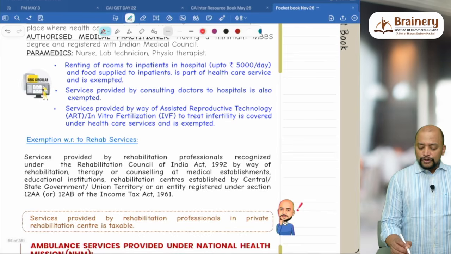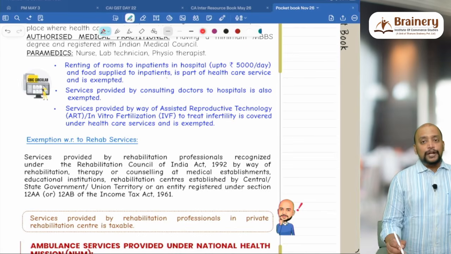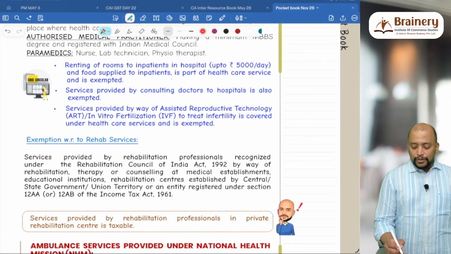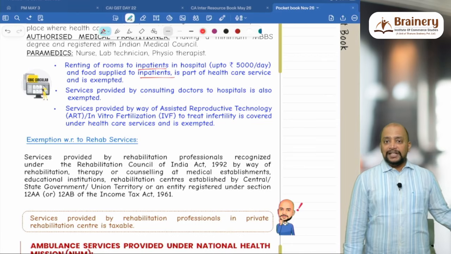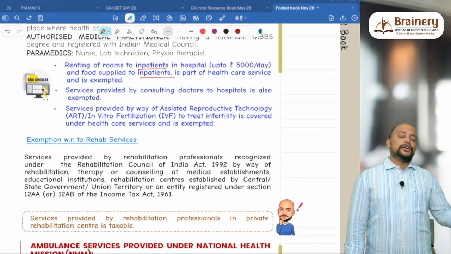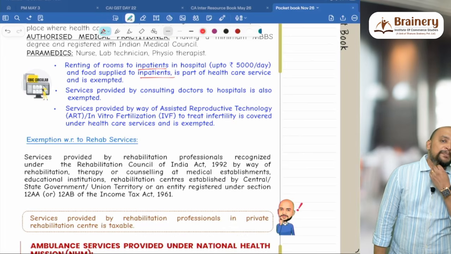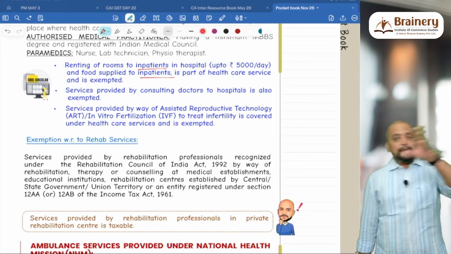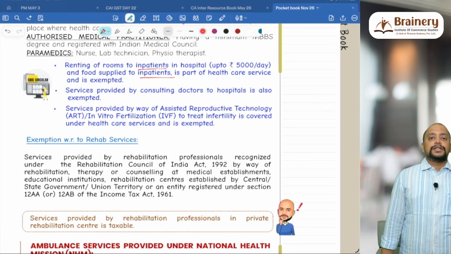So renting rooms to inpatients in hospital up to 5,000 rupees per day, and food supply to inpatients, is also exempted. Who are inpatients? Those who are admitted in the hospital, so that will be part of healthcare service, due to which it is exempted. And services provided by consulting doctors to hospitals are also exempted. So hospitals collecting money from the patient is exempted. Thereafter they pay money to the consulting doctors, that is also exempted,